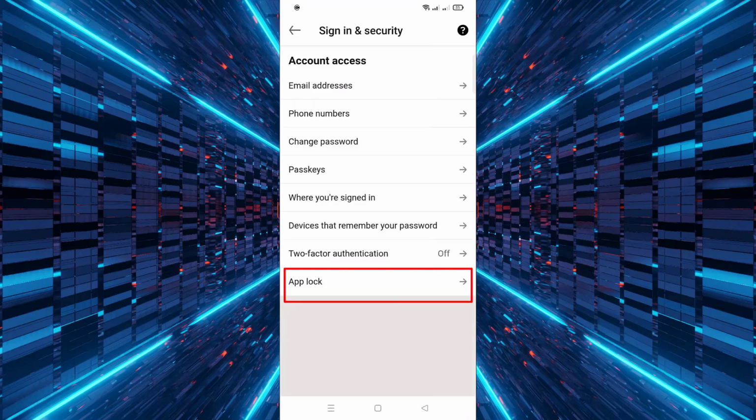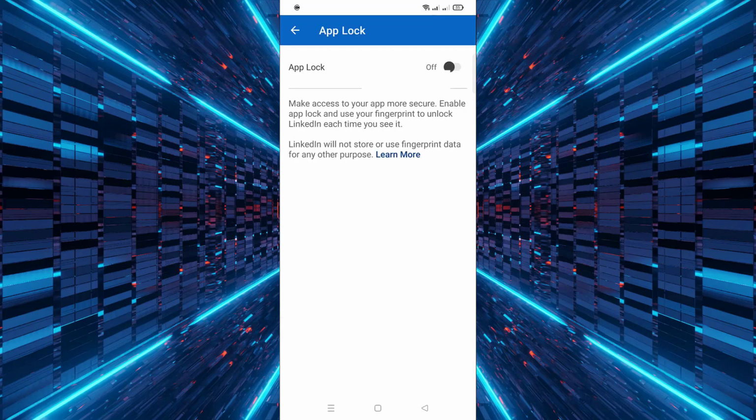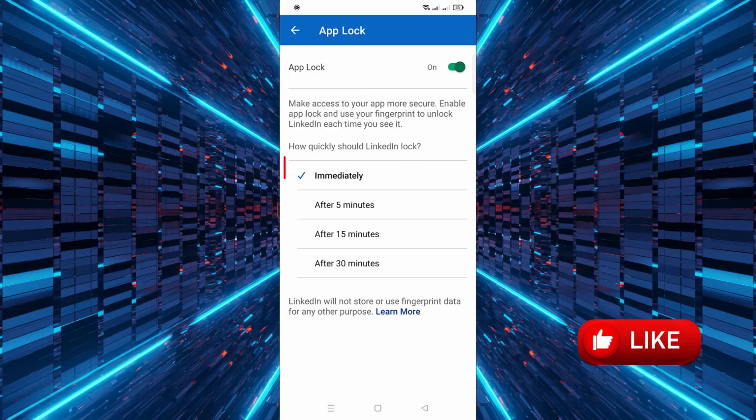Following this, tap on App Lock. Finally, toggle the App Lock feature to On. Then choose the time you want the app to lock, such as immediately, after 5 minutes, after 15 minutes, or after 30 minutes. By enabling App Lock, you enhance the security of your LinkedIn app and protect your professional data